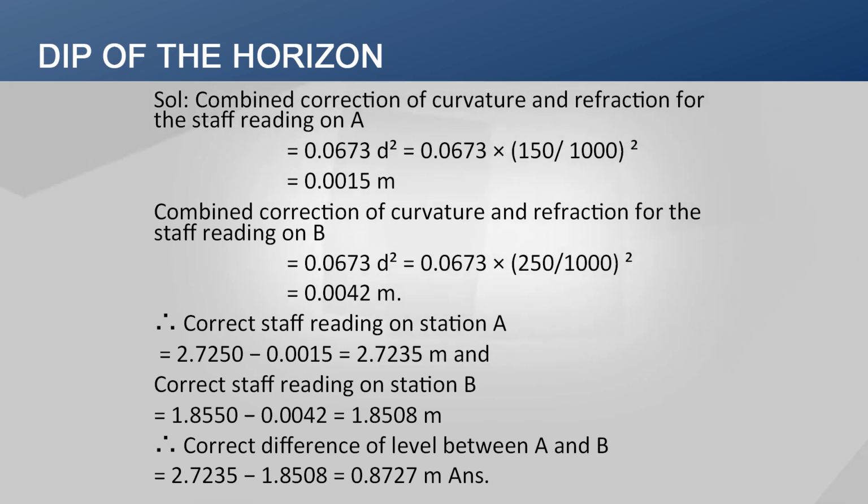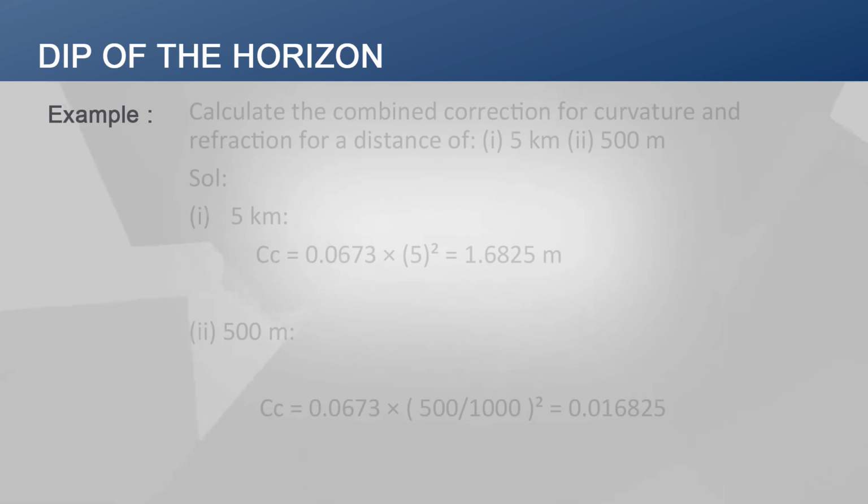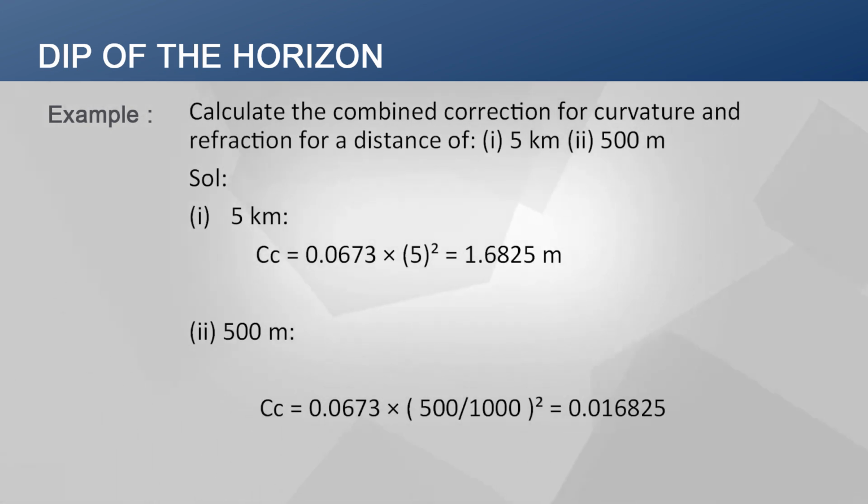Therefore, the correct difference of level between A and B will be 2.7235 minus 1.8508, which will result in 0.8727 meter. Moving on to the next example, where we have to calculate the combined correction for curvature and refraction